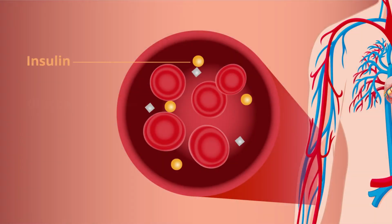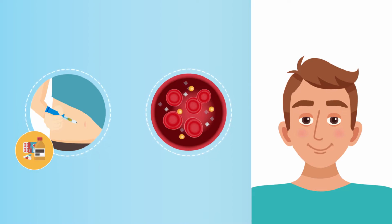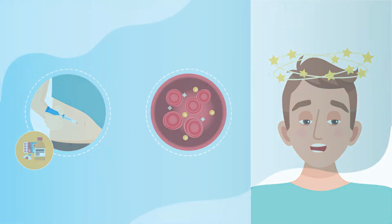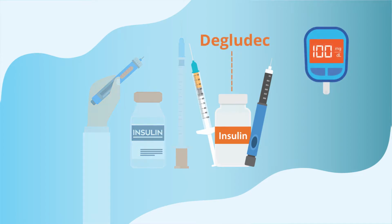Diabetes mellitus involves impaired insulin secretion and/or insulin sensitivity, resulting in high blood glucose levels. Accordingly, diabetes management strategies aim to restore the blood glucose levels to a normal state while avoiding hypoglycemia. Currently, there are several basal insulin therapies available for treating patients with diabetes, of which degludec has the most stable